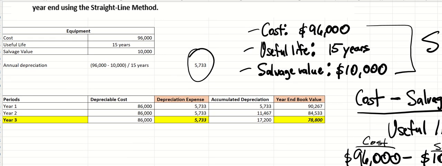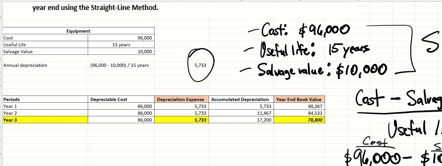So for period one, the depreciable cost is $86,000, which I mentioned is the 96,000 subtract out $10,000. So we start recording depreciation expense from the depreciable cost, which is $86,000. Okay, so then we're going to subtract out the depreciation expense of $5,733,